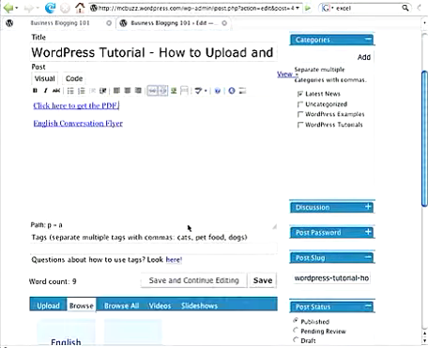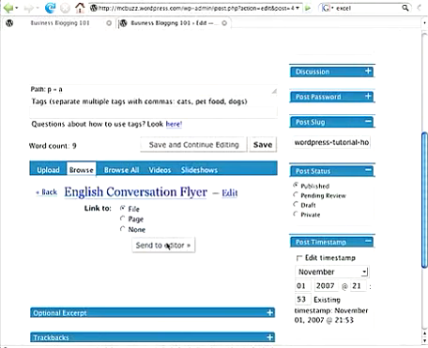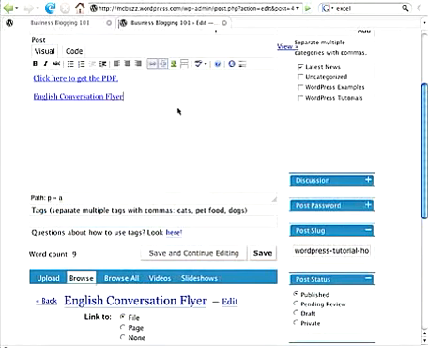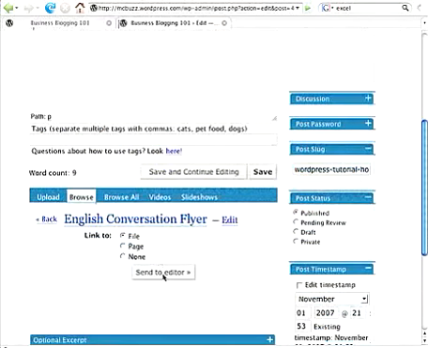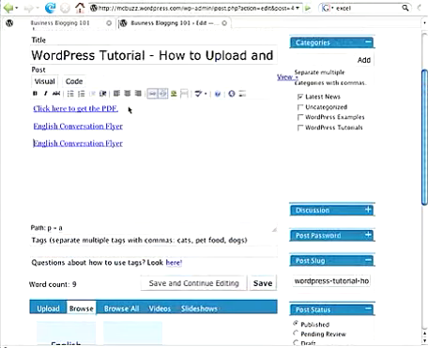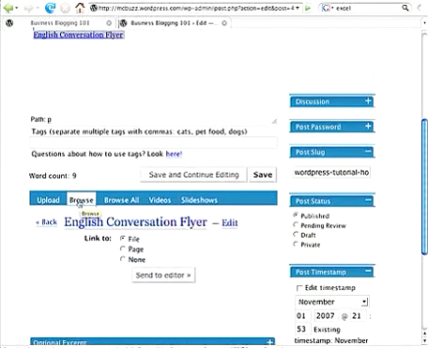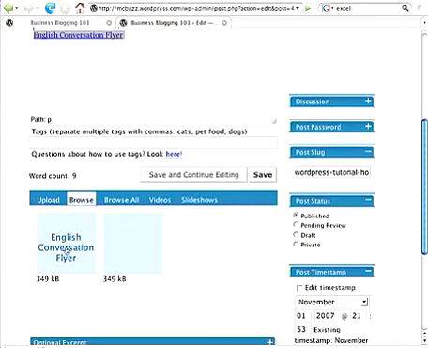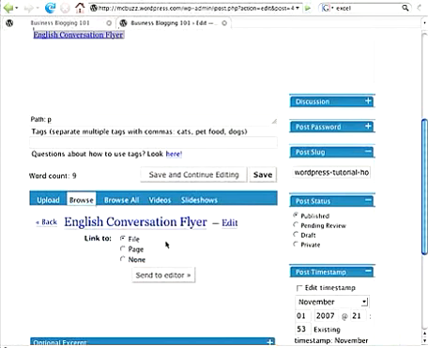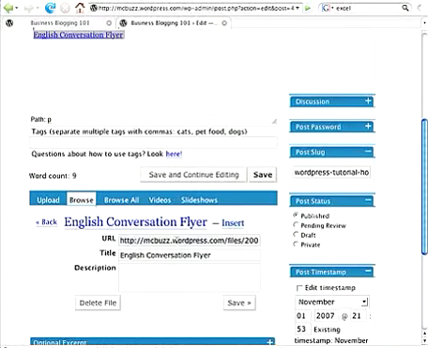So we did that two different ways, right? We can use the send to editor button linking to the file, and that will pop it in here. I'll show you that one more time. Send to editor, dunk. Now that pops it in right where I had the cursor. Or do a browse, go and find the file that you want, the PDF, that English conversation flyer. Click on edit, and then click in the URL window, do a Command or Control A to select all of that, Control C to copy,